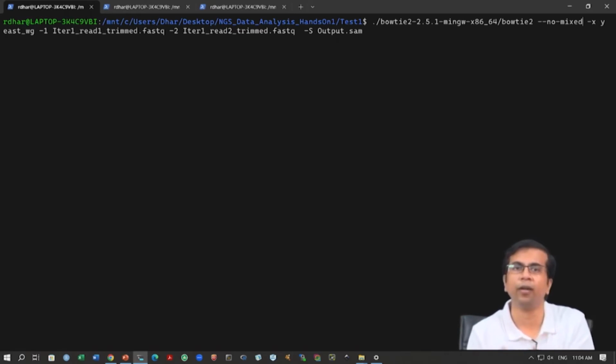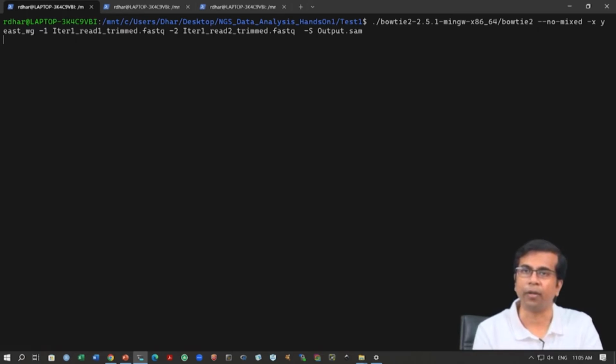As you have seen, in Linux we run a program or a command in the terminal. Every time we do that, if we want to give some options, we have to give them after the command. So, we just give this minus no mixed, press enter and run, and you will see the output statistics. You will see that the statistics are a bit different,